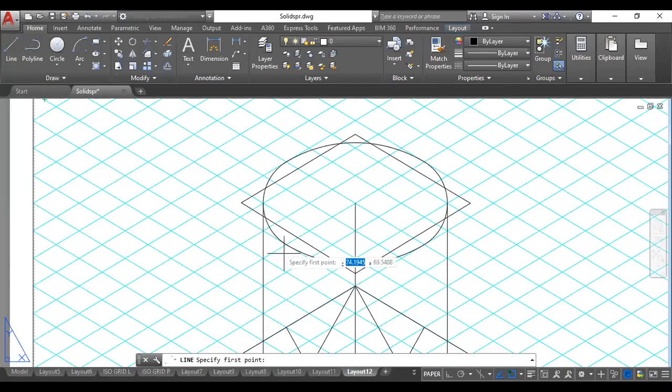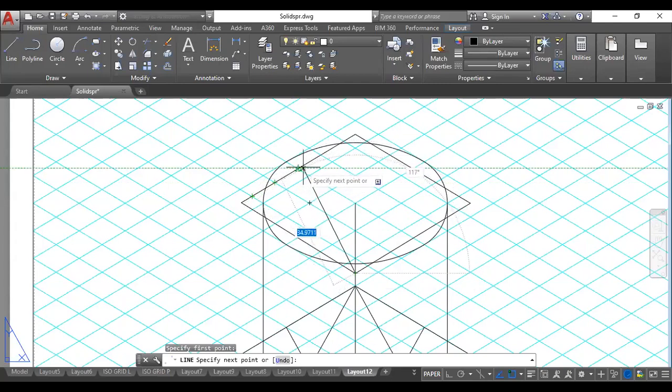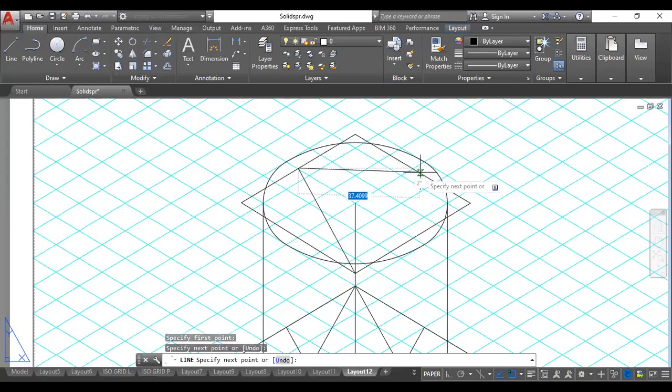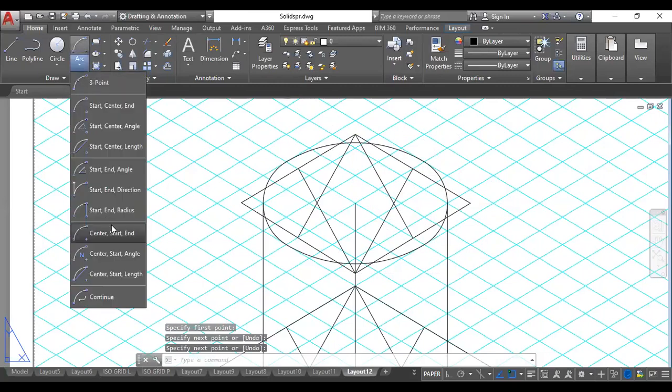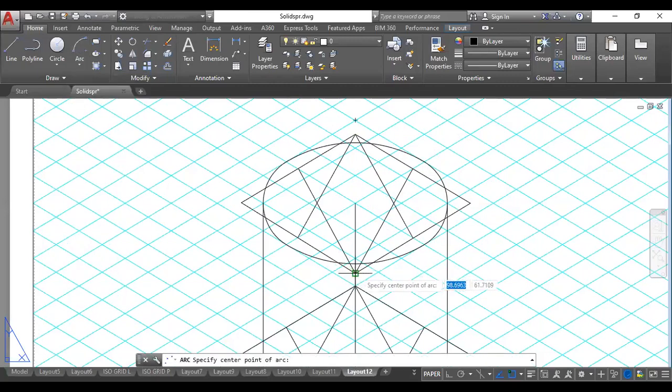I'll again use the four center method quickly. This is the corner and half of this would be the center line, showing the midpoint. So the midpoint is exactly at 25. Then we are going to use the ellipse again. Every time you have to choose a center, start, and end. Okay, I took a wrong one.